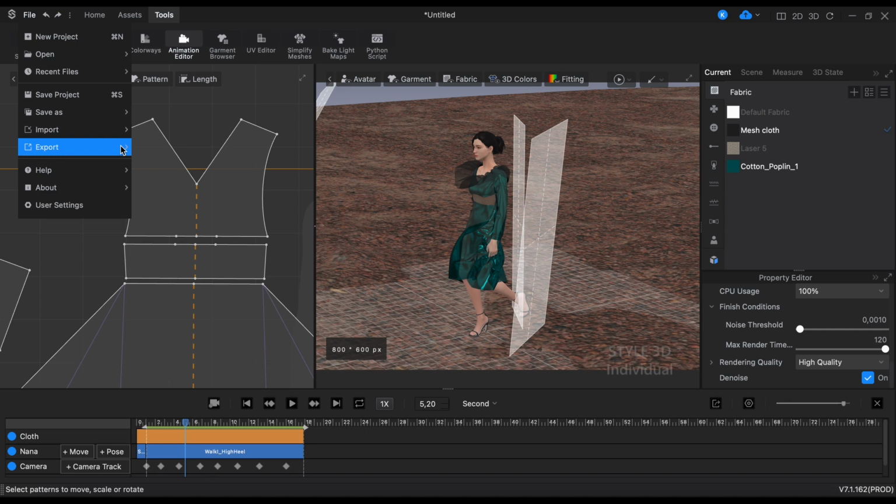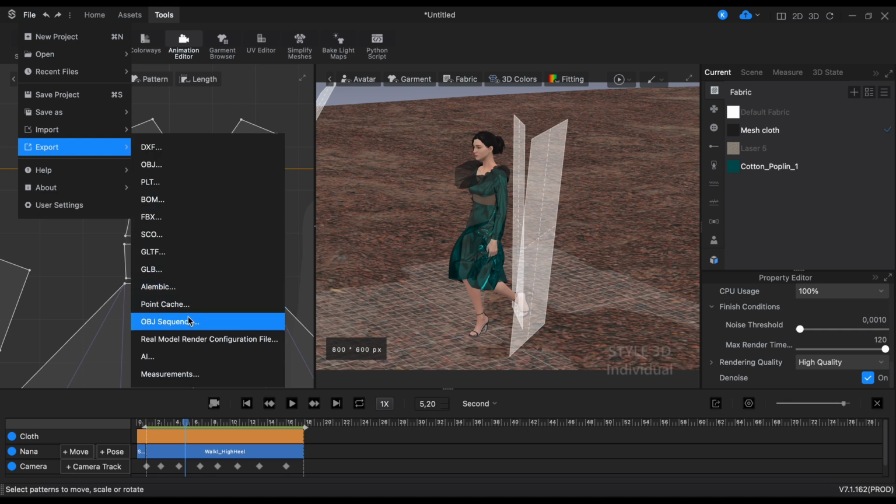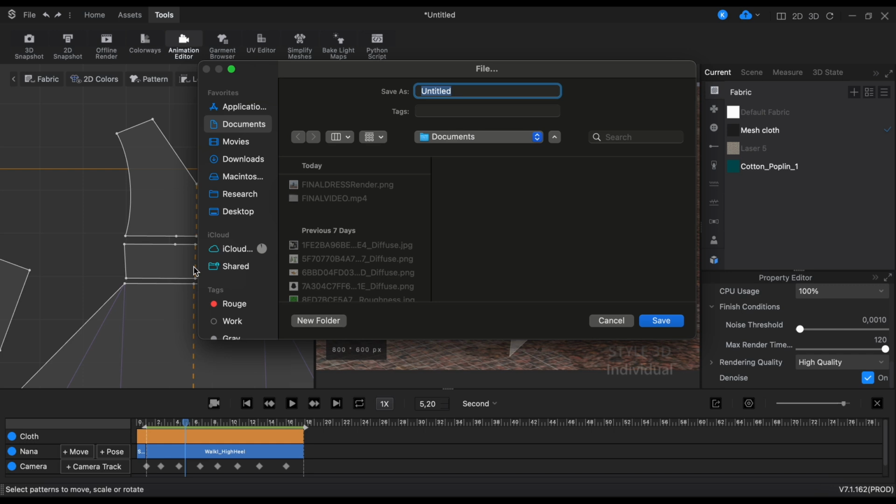File, export. So here I have different possibilities. You can go for OBJ, FBX or GLB, GLTF. They are all supported by Spatial. We'll use FBX later to import it into Snapchat and create a Snapchat filter with your dress. For Spatial you can go for GLB or GLTF. You pick the name,